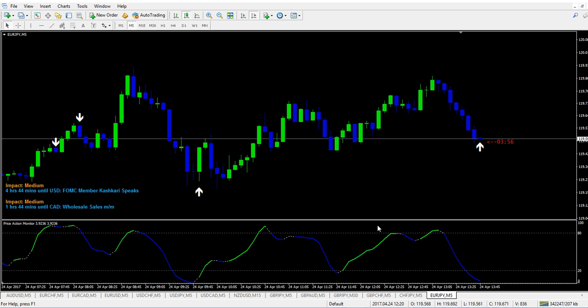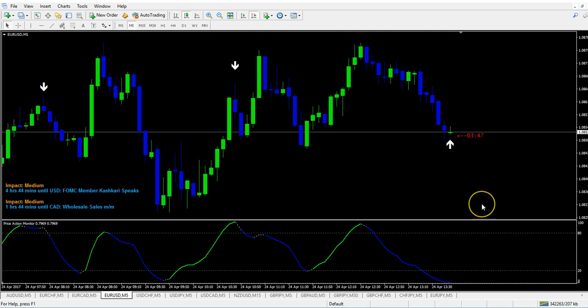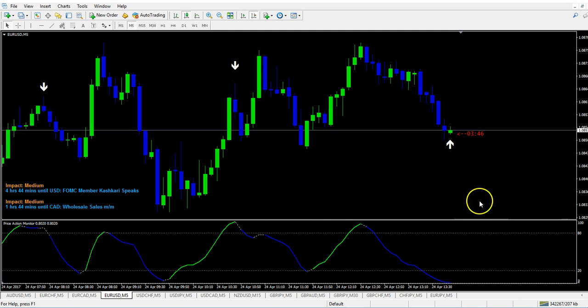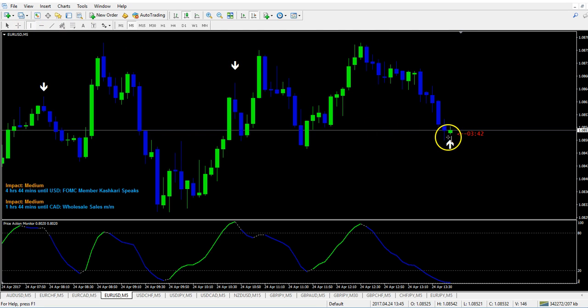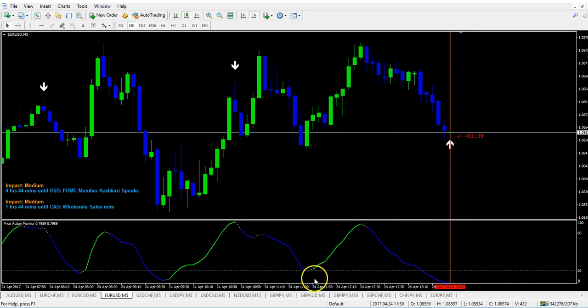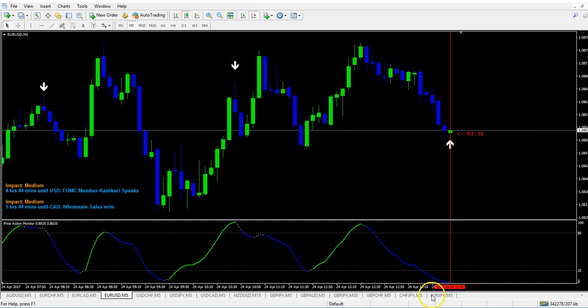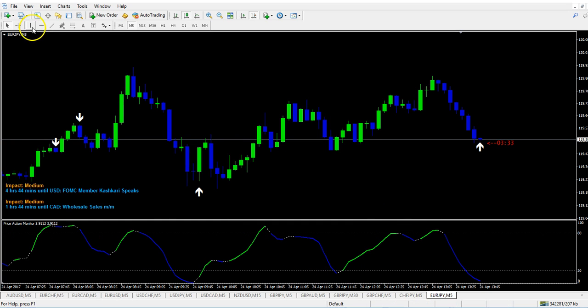So this is Binary Gamma Turbo version 5, the new version. I will explain what is the difference between the previous version and the new. Also we get a signal here at the beginning of this candle opening, and we get a signal here. So what are the differences between the previous version and the second version?